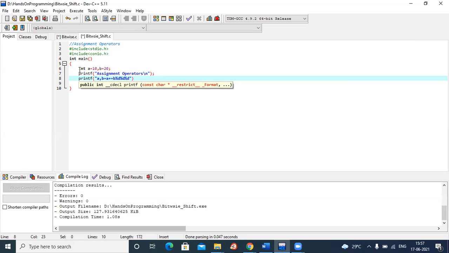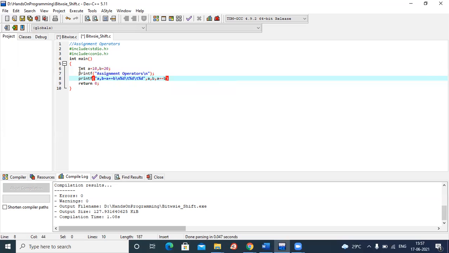In between I need tab spacing, so I'm using backslash t. Now once again let me give backslash n, so it comes to the next line. Now it is correct. Finally I will write a comma b comma a plus equal to b.